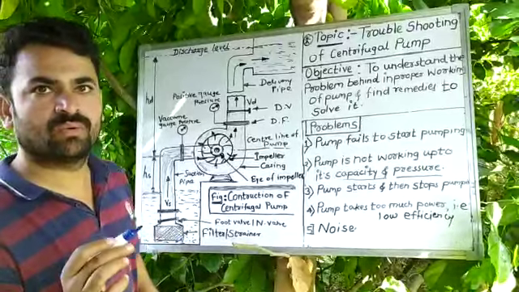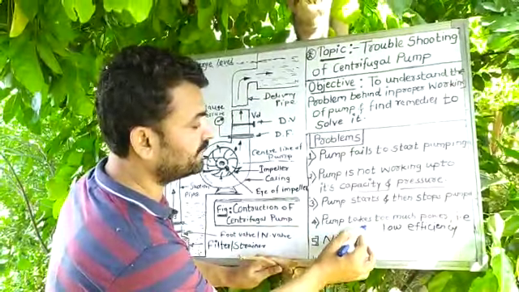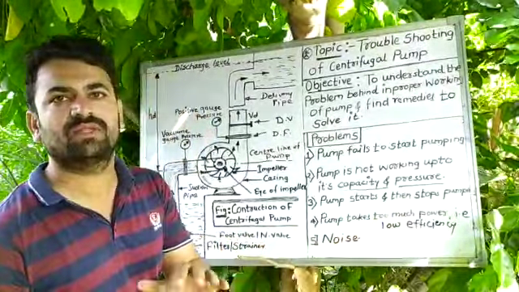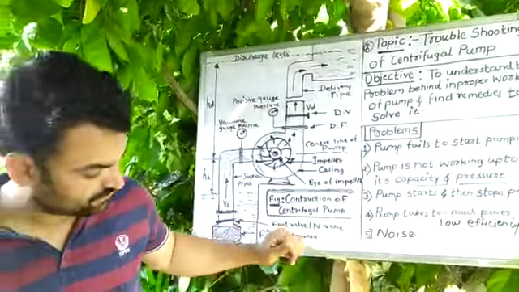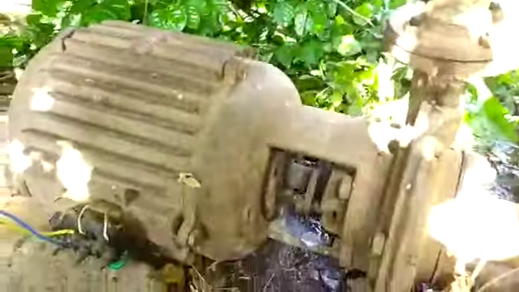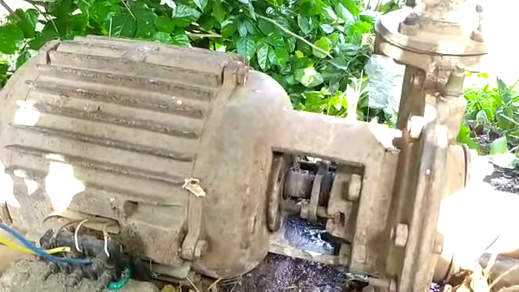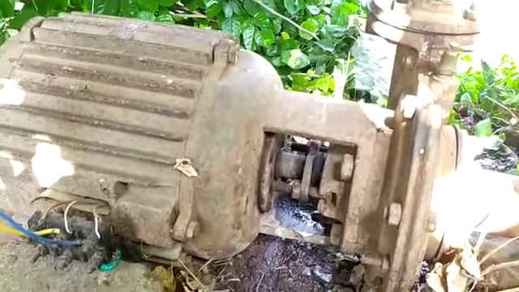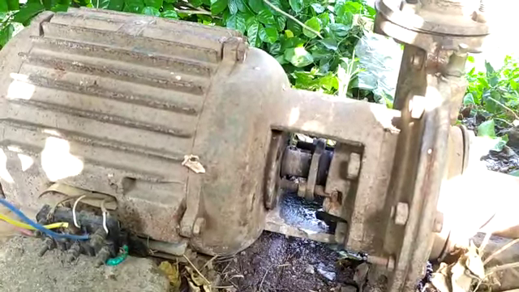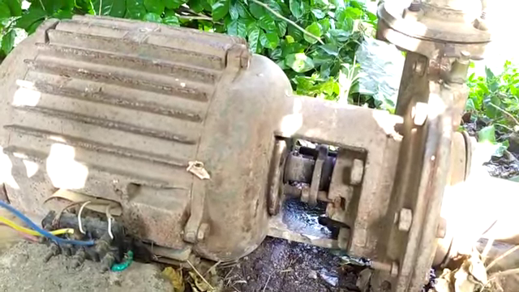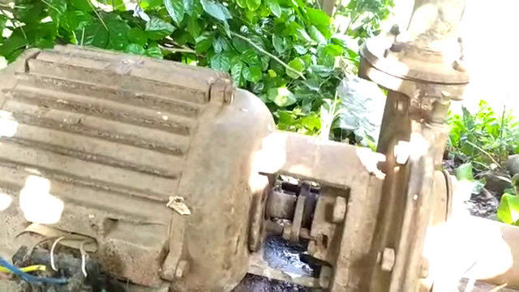Now we move towards the fourth problem, which is a very important problem. The pump takes too much power, that is, the pump is working with low efficiency. For this problem there may be 2 to 3 reasons, out of which the first reason is the pump is rotating with too high a speed. So try to reduce the speed, and that problem will be solved. The second reason is the head may be too low or the pump delivers too much liquid. For this reason the remedy is to reduce the discharge or alter the pipe.